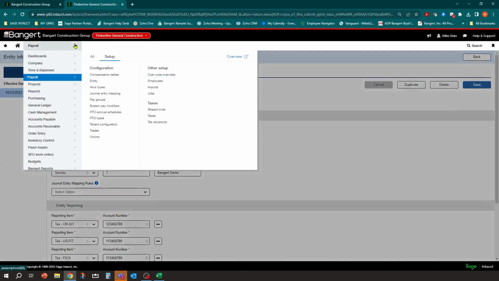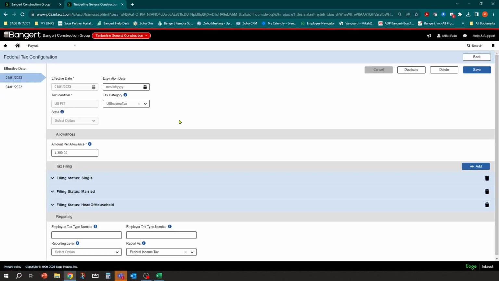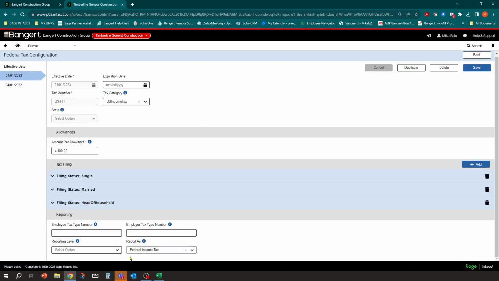And also, basically, how it knows to grab the different tax information. If you go into your tax setups, and this is something you should check on, if you go into your tax setup here, for example, if we look at the federal income tax, down at the bottom here, you have this report as option, federal income tax. And in a lot of cases, you have what's called tax type numbers. And this is linked to the Atrix numbers. So typically these will get filled out. I do believe they get filled out now. My demo data doesn't have them filled out.